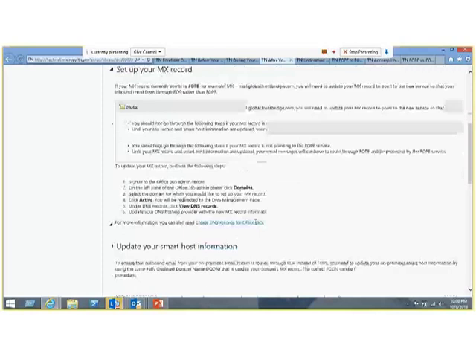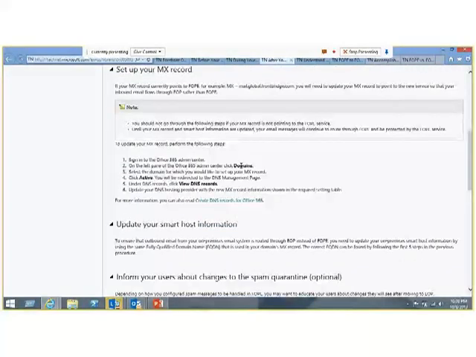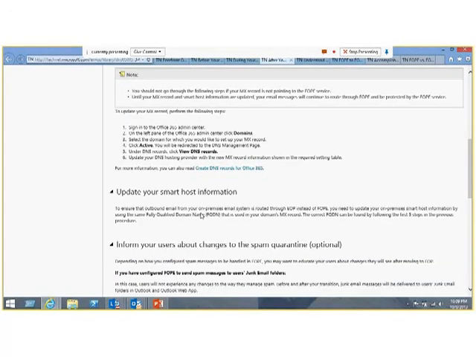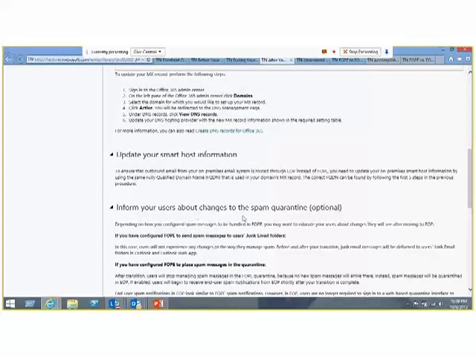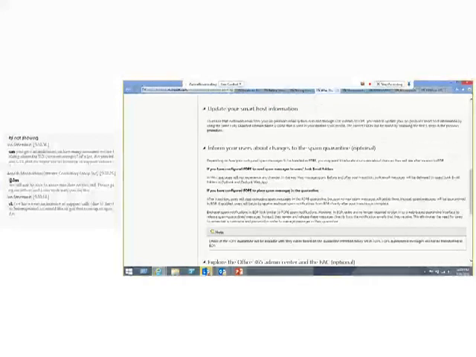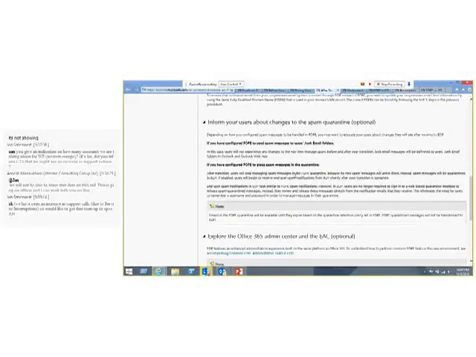You need to go to the Office 365 Admin Center, click on Domains, and view what record the MX needs to be pointing to. Update your smart host information if you have any, and inform your users about changes to the spam quarantine. Earlier, FOPE used to provide end users the ability to log into the quarantine.